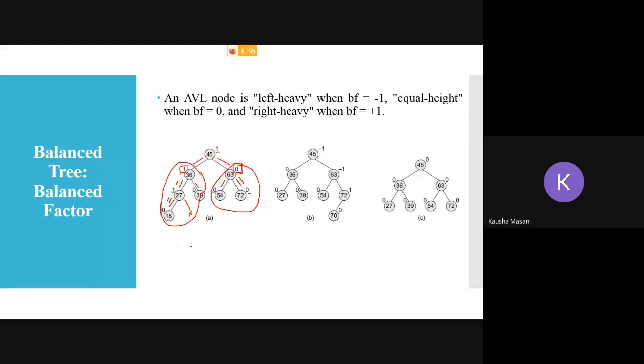Fine. And then you go on inserting the elements one by one. Now during the insertion, suppose you inserted 45. For 45 you are going to count the balance factor. When you are entering only 45, it does not have any child nodes right now. So what is the balance factor at 45? 0.